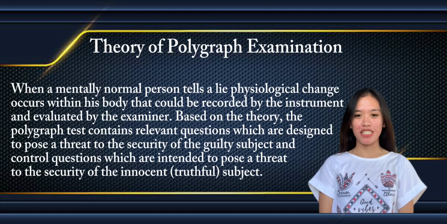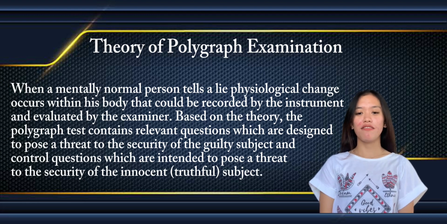Theory of polygraph examination. When a mentally normal person lies, a physiological change occurs within his body that could be recorded by the instrument and evaluated by the examiner. Based on the theory, the polygraph test contains relevant questions which are designed to pose a threat to the security of the guilty subject, and control questions which are intended to pose a threat to the security of the innocent,